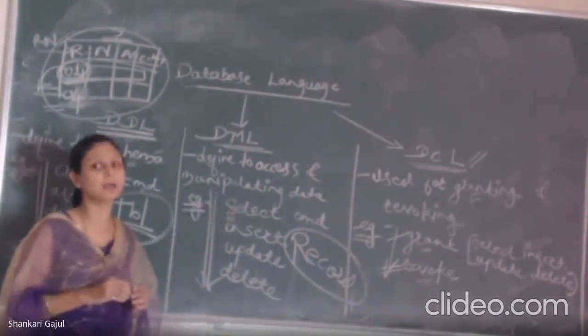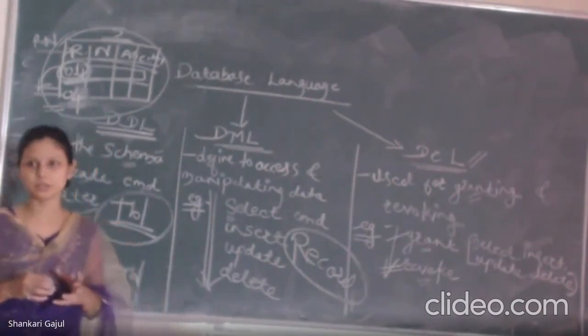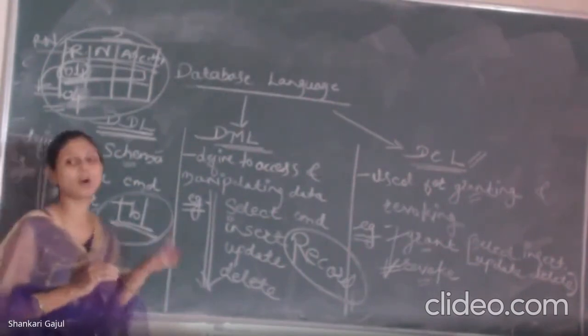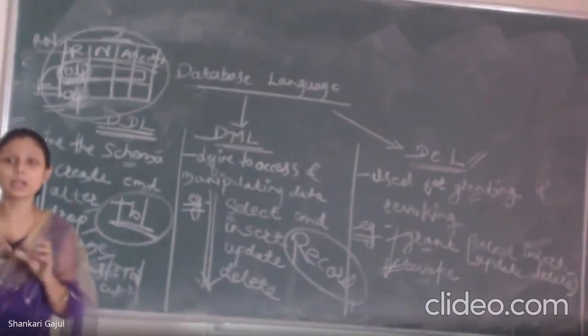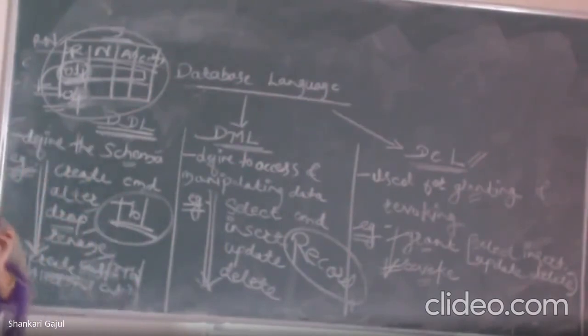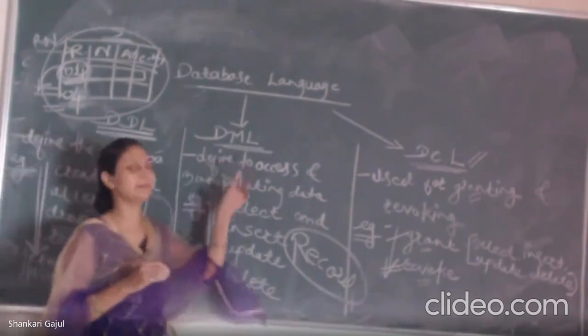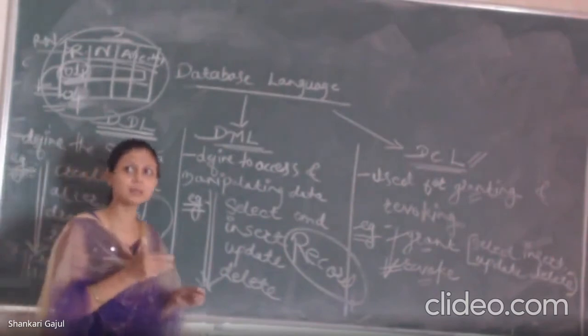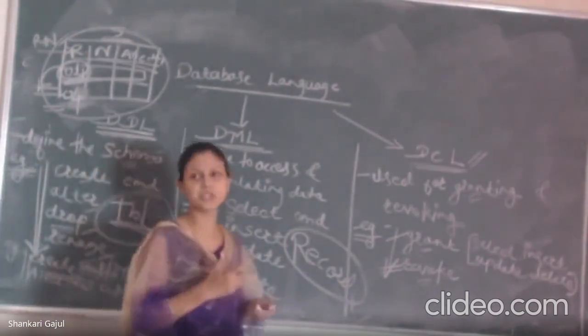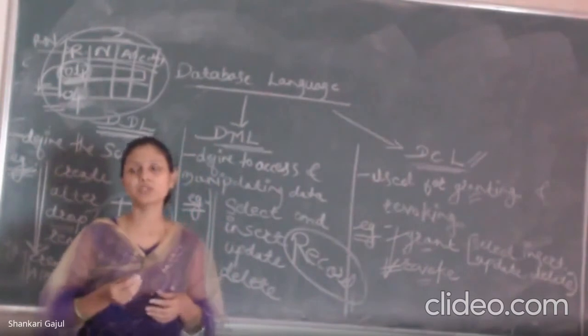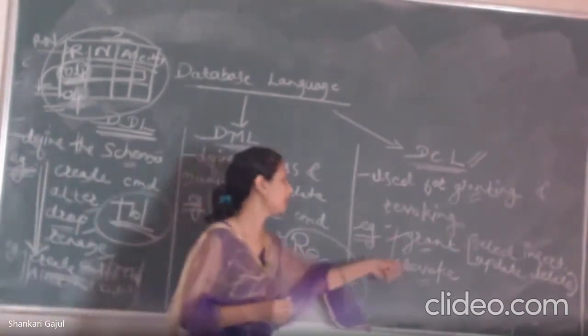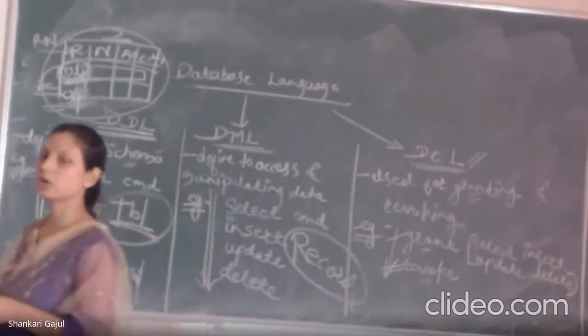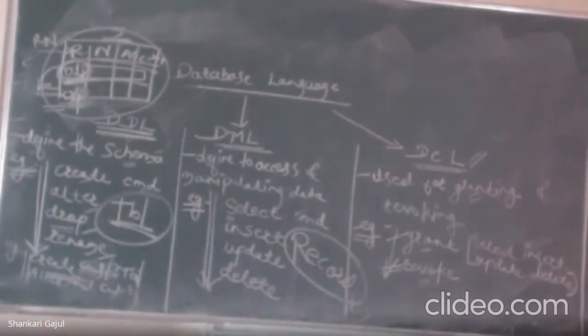And what do you mean by data manipulation language? We are doing some operations on the records of the database, not on a particular table. I am talking about the particular value or the particular record. For that purpose, data manipulation language is used. For doing some operations, some kind of permissions are required. That permission has to be given by the grant and revoke commands. So this is all about the database languages: data definition, manipulation, as well as the control language.